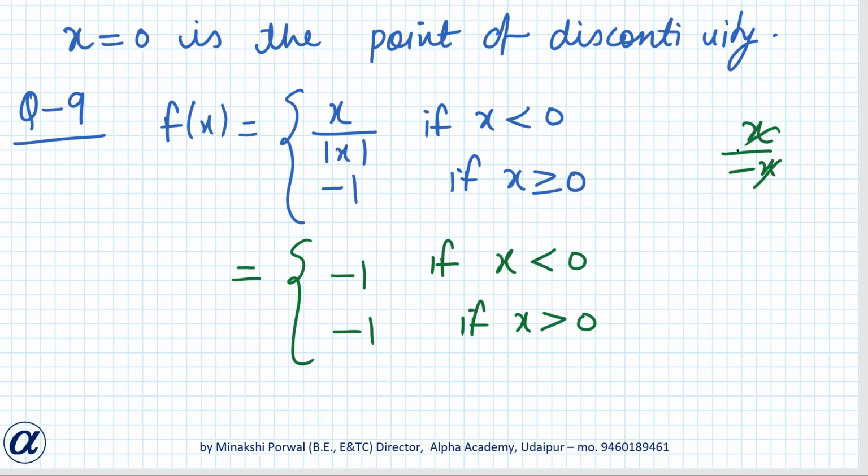So by seeing the definition only we can say that it is continuous. Because for x less than 0 value is -1. For x greater than 0 also its value is -1. So if we draw the graph of the function, how will it look? The graph will be a minus one straight line. Okay. For writing the procedure we will write it out, but the question should be understood from the definition given in the beginning only, whether it will be continuous or not. So we'll write this way.